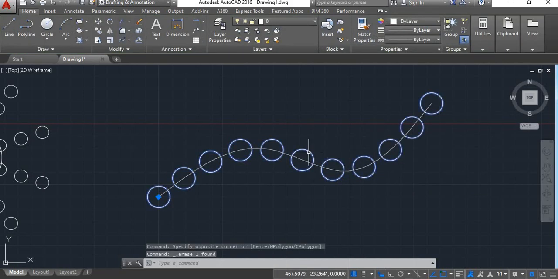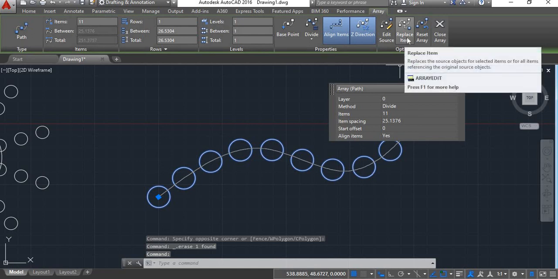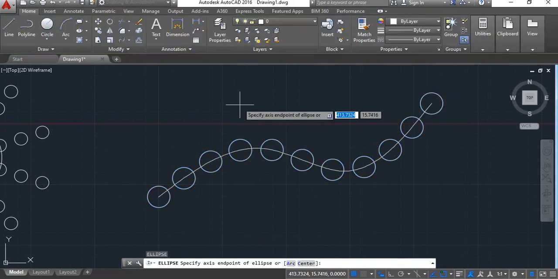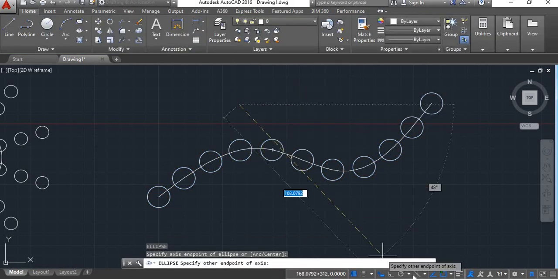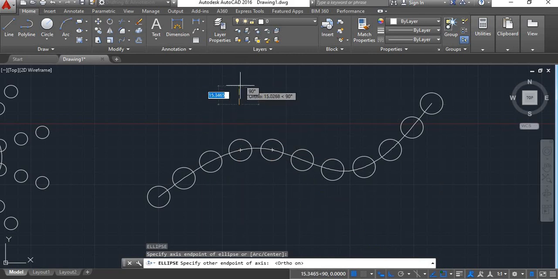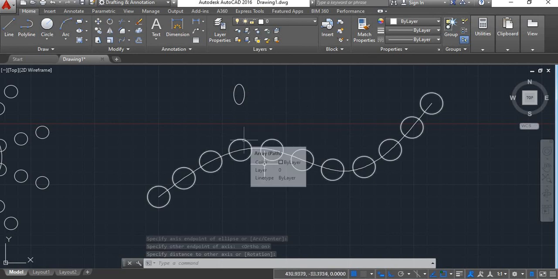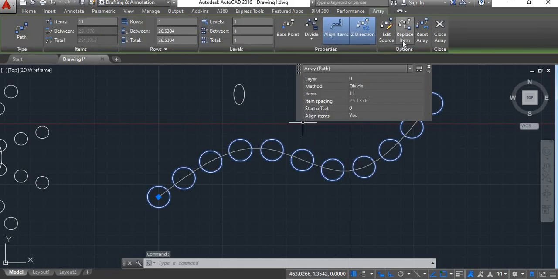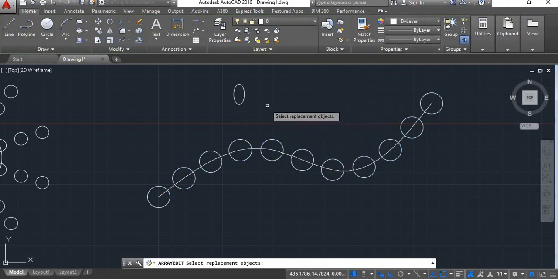Now there is another option here, that is replace item. If suppose there is another object here, I draw ellipse here. Now I want to replace few of this object with this ellipse. Then what I'll do is I'll click on this array, select replace item. Now select replacement object.